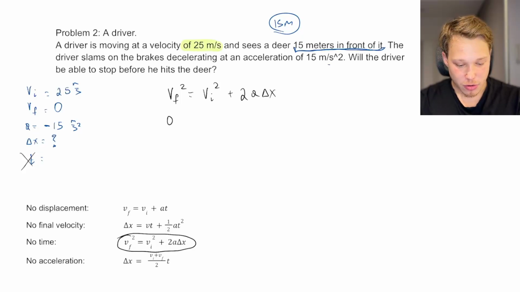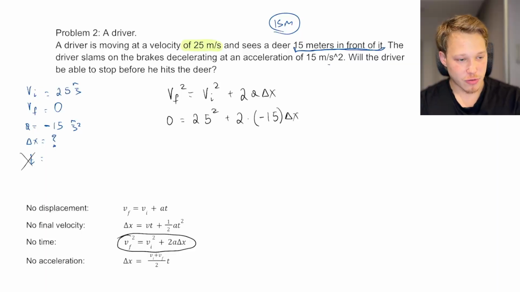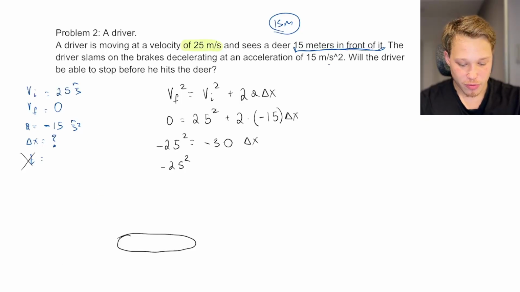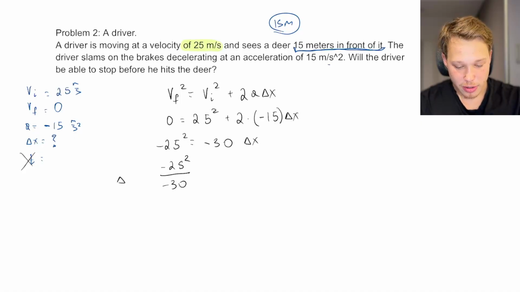Now, final velocity is 0. Initial velocity is 25. 2 times acceleration, which is negative 15, and delta x over here. Let me subtract 25 squared on both sides. 2 times negative 15 is negative 30. And then I'll just divide by negative 30. Let me get rid of these equations now that we have selected one. Negative 25 squared over negative 30, delta x will be equal to, let me take a look,